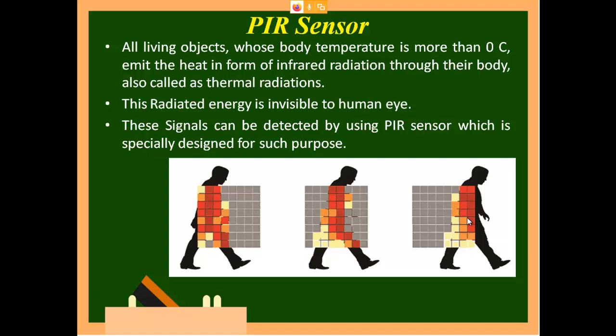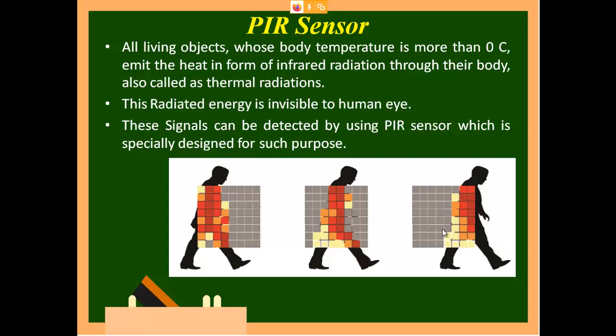See, I might have brought a vessel of hot water and kept it. In that case I cannot say it is a motion detector, because nothing is in motion. But you will read IR. IR will be emitted from that bowl which contains hot water, and that should not be considered as motion. So what we will do is, we will visualize these three figures, and confirm that the temperature variation has moved from one location to another.